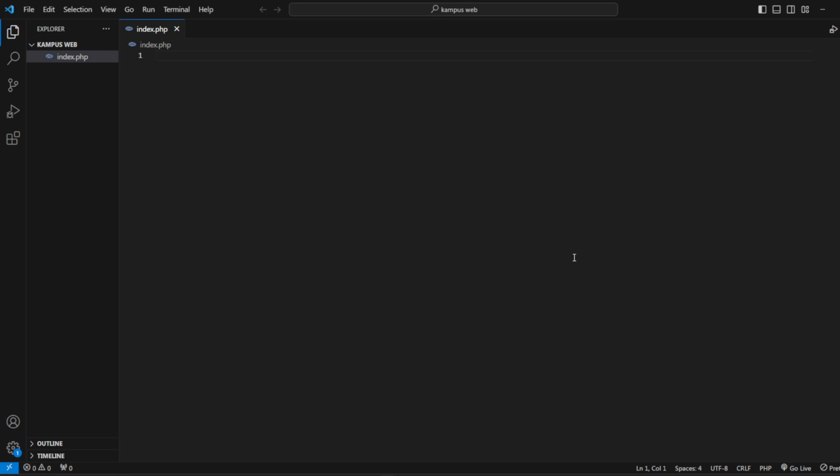And now we will configure our PHP with the database, and you can write like this. You can follow me. The first is we need the PHP tag like this.